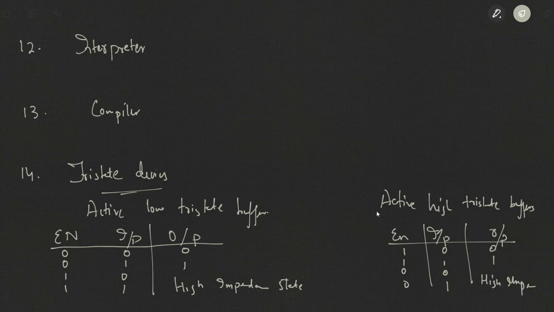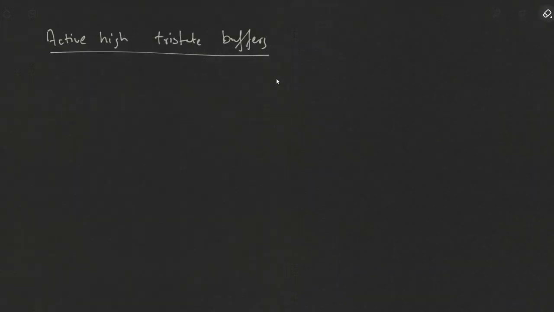In case of a buffer, 0 signal remains 0 input, 1 remains output 1. Now if you are using a tri-state buffer, then you can control it using an enable device. In an active low tri-state buffer, for enable 0, you will get the output corresponding to input. For active high tri-state buffer, for enable 1, the output will respond to the input. Fine. Similarly, in the case of active low tri-state inverters,